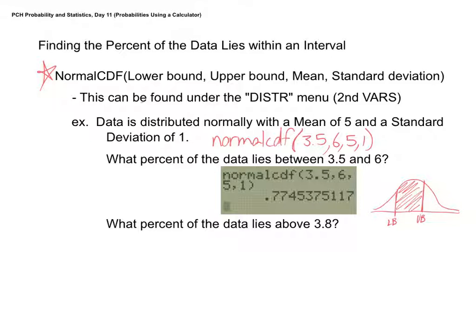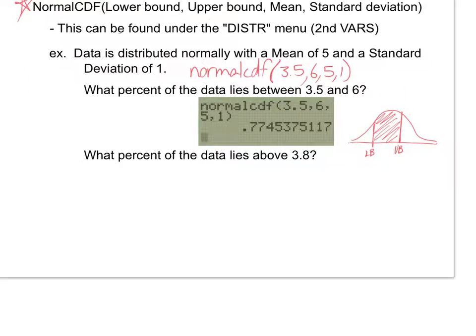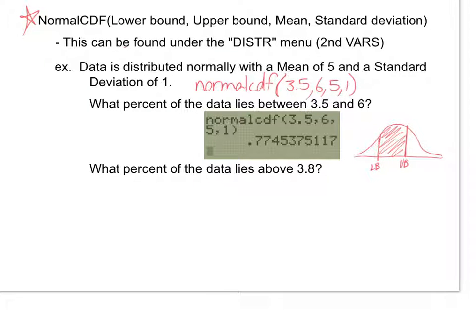Alright, so now, check this out. We've got what percent of the data lies above 3.8. Now, this is where you've got to be careful, okay? It's not tricky or anything. You just have to think and you've got to be careful. Alright? Listen, please. There's too much talking going on. So, we want the percent of the data that lies above 3.8. Okay? So if you look at our bell curve,